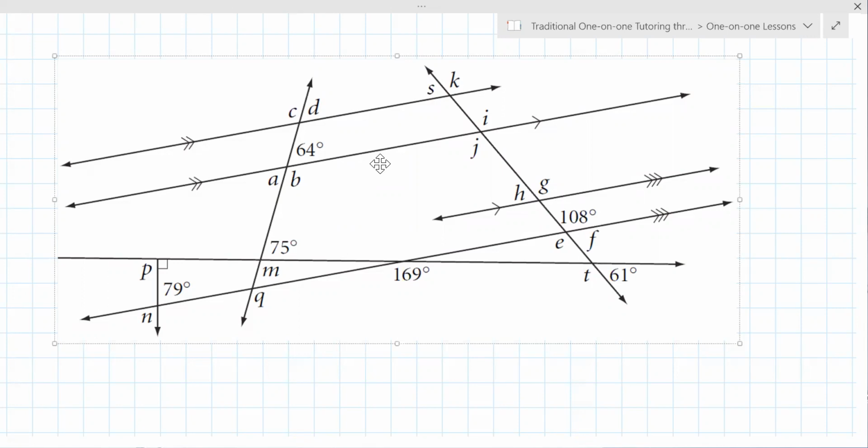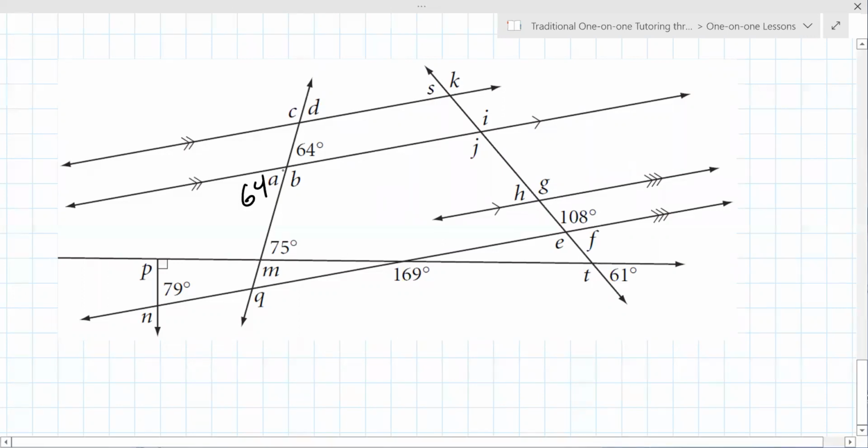So what we should do here is you should tell me letter A, but more importantly the reason behind it. A is vertical and 64 degrees. I agree. All right, how about B? I remembered some of it. Let's go. All right, so B is